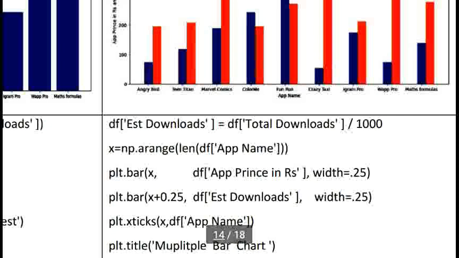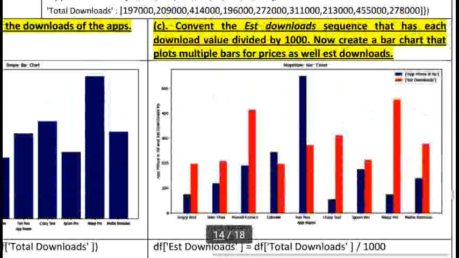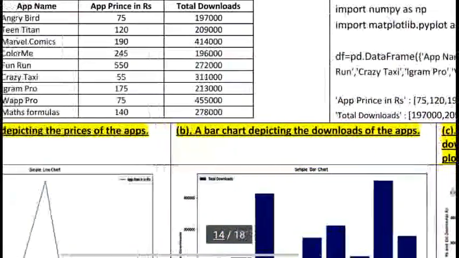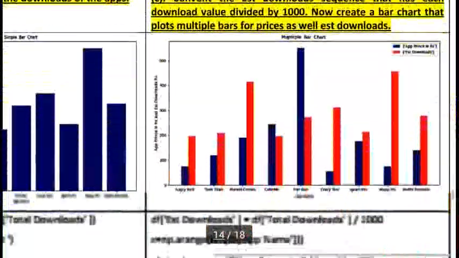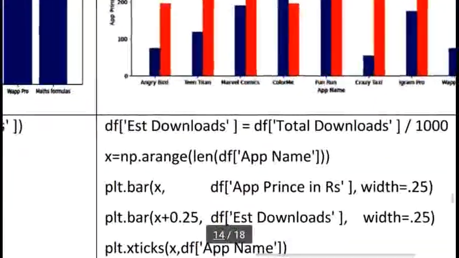Here I am using x = np.arange(len(application name)). Total applications we have, you can count 1 2 3 4 5 6 7 8 9, so total 9. So len of df app will give 9, and np.arange gives 0 to 8.